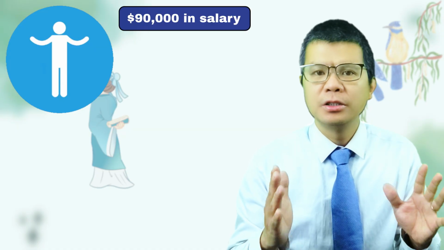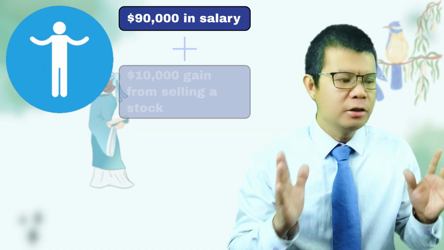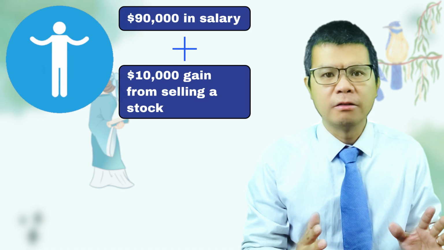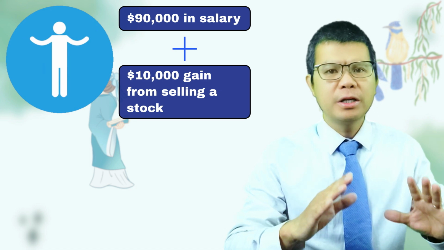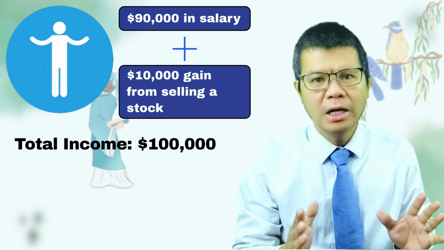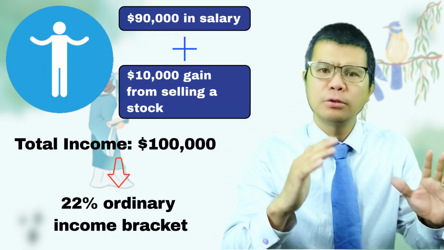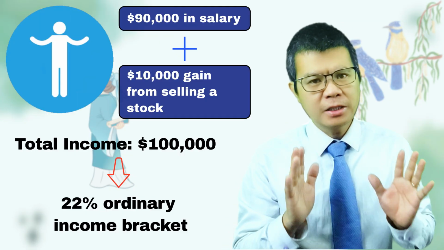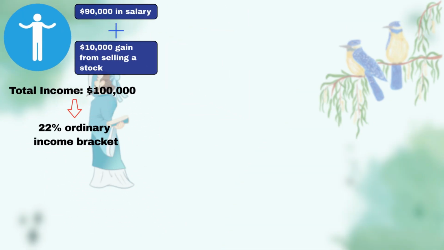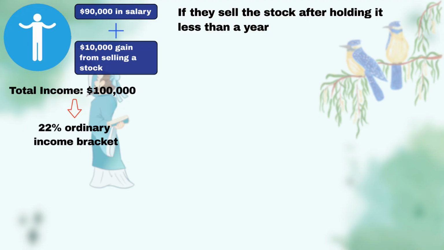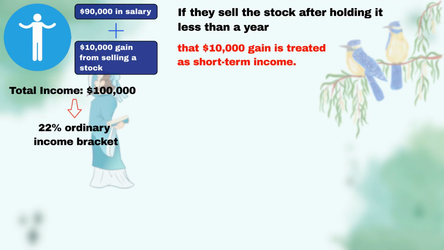Imagine someone earns $90,000 in salary and also has a $10,000 gain from selling a stock. That brings their total income to $100,000, putting them roughly in a 22% ordinary income bracket. If they sell the stock after holding it less than a year, that $10,000 gain is treated as short-term income. Now, combine that with their salary, it would be taxed around 22%, meaning roughly